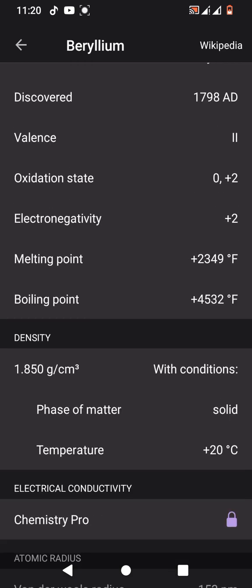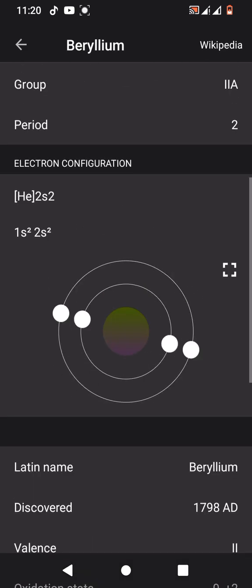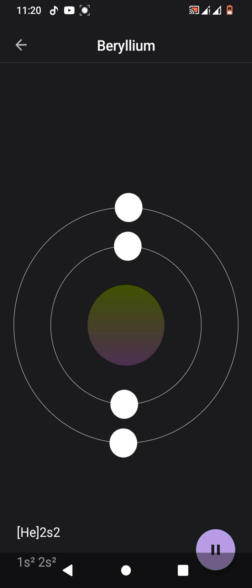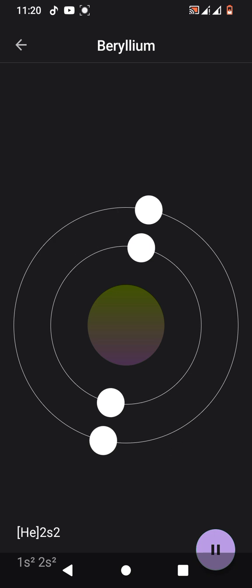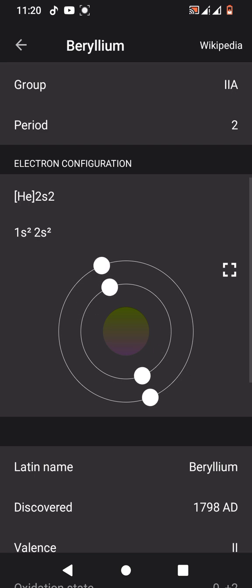For example, the phase of matter, it is a solid, perhaps at room temperature. So okay, you could increase, make your atom a lot bigger to view it. As you can see, it rotates. You can pause. So that's about